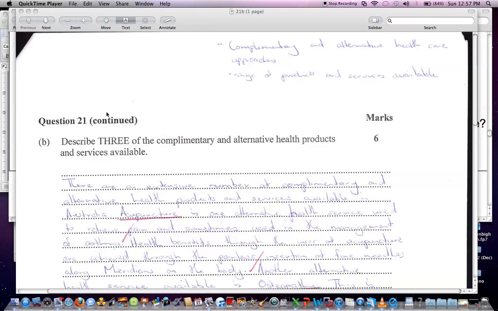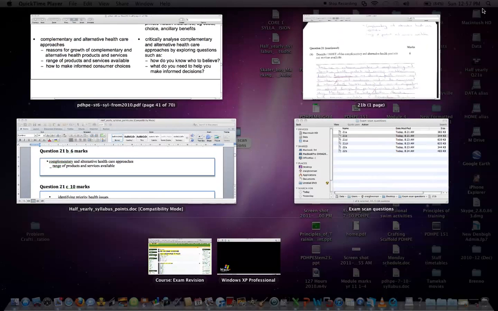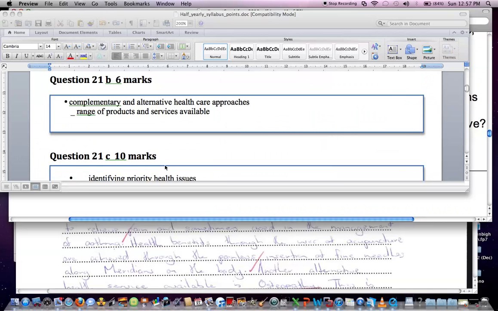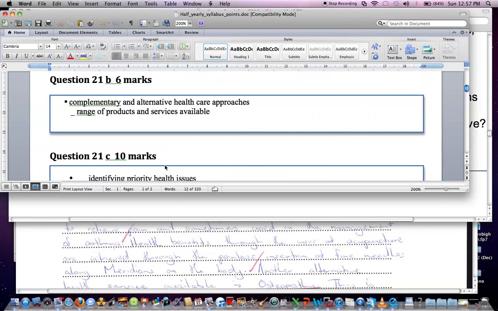Question 21b asked the students to describe 3 of the complementary and alternative health products and services available. If we have a look at our syllabus to see where this question would come from, we'd notice here that it says complementary and alternative healthcare approaches. We've got reasons for growth, we've got range of products and services, and we've got how to make informed consumer choices. If we go and have a look at the sheet that we actually gave you for your exam study,